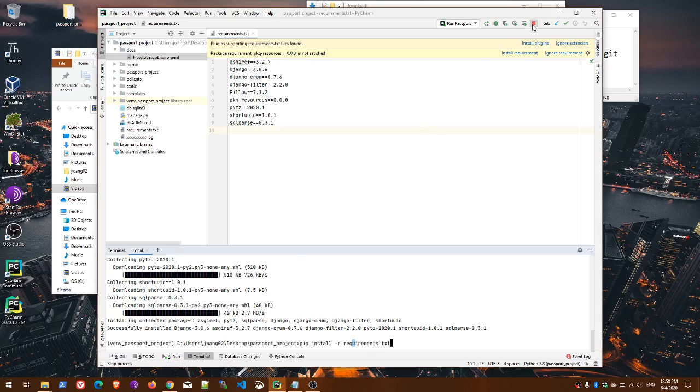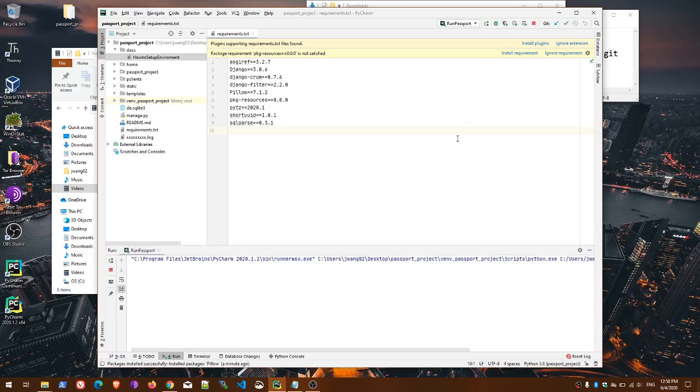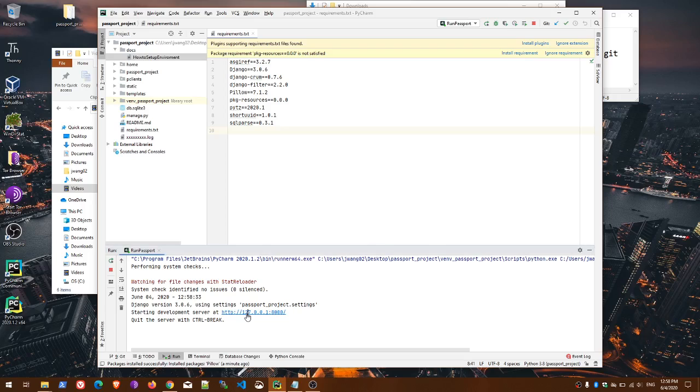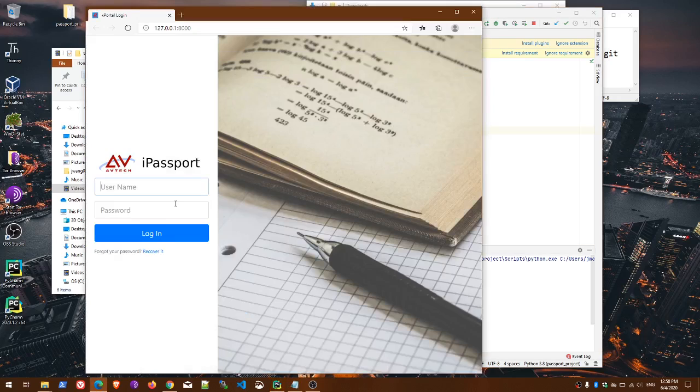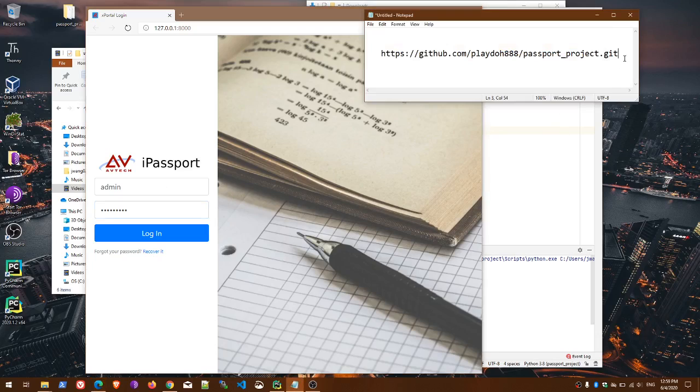Okay, so I'm going to try to run it again. Okay, so now it went through. It's starting it. So if I click here, all right, now I have the project up and running. Now remember, I sent you the username is admin. The password is avtech123. So just to make sure, I'm putting it here. It was in the email I sent you, but it's admin, and the password is avtech123. Okay, so now you can log in,